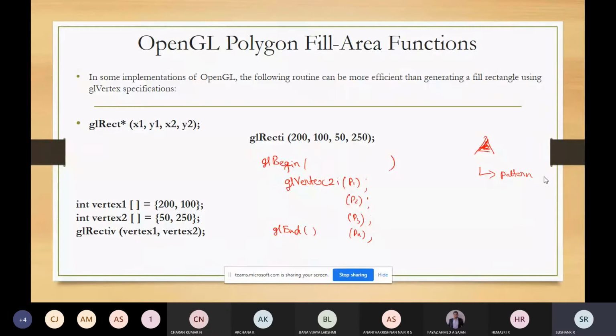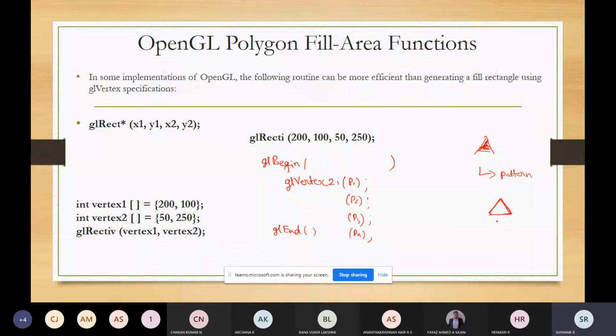You can change that to have a pattern, and also you can display the polygon edges. You can also display the polygon edges as borders around the interior color. So this is also done.